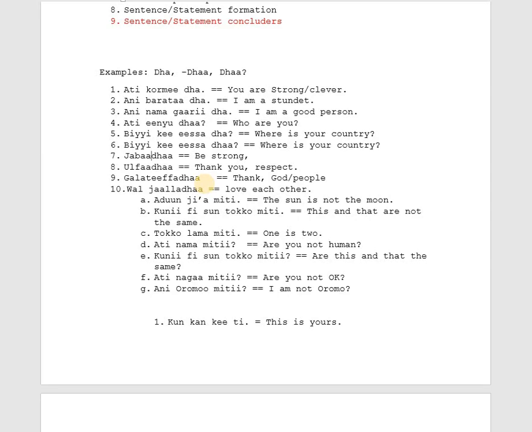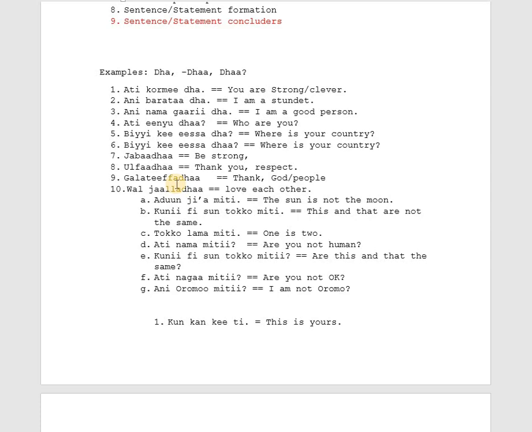And most of Oromo words have this structure with da, Jabada, Ulfada, Galatefada, Waljalada, Nyada, Ergada, Damada, Ilalada, lots. That there is, it's really hard to say the meaning, but it is also reflective